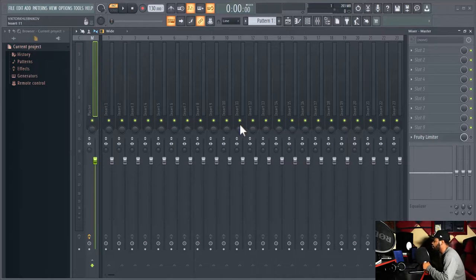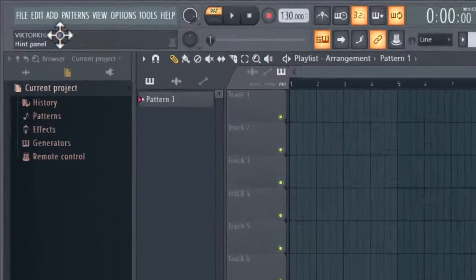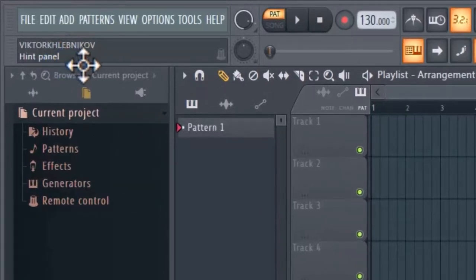Initially, FL Studio is gonna look a little bit confusing, but don't worry, DBush got you. The first thing we're gonna look at is the FL Studio interface, and this is the FL Studio interface. Anywhere you move your mouse around FL Studio, you're always gonna get a hint. There's a hints panel here that will tell you what each of these buttons, options and